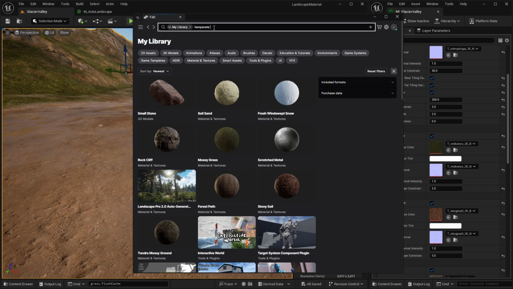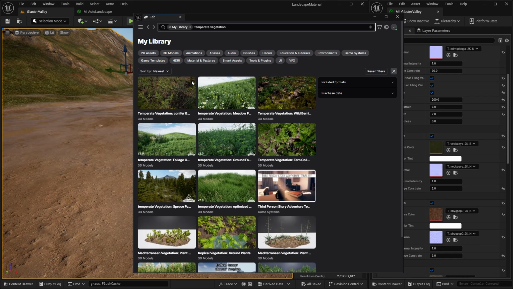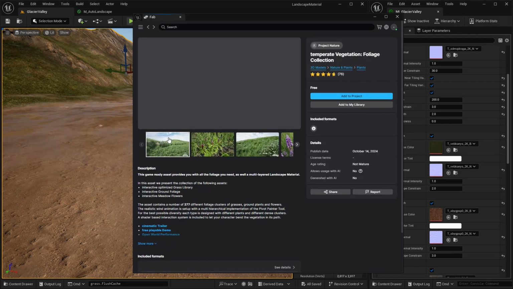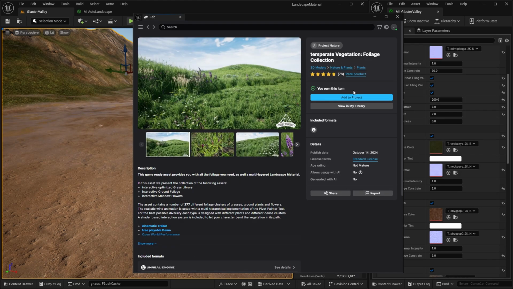So let's do temperate vegetation, and it's this one here, temperate vegetation foliage collection, and just click on it and do add to project. There's quite a few assets in here, so it might take a little while to download and install, so I'll be back with you once it's downloaded.